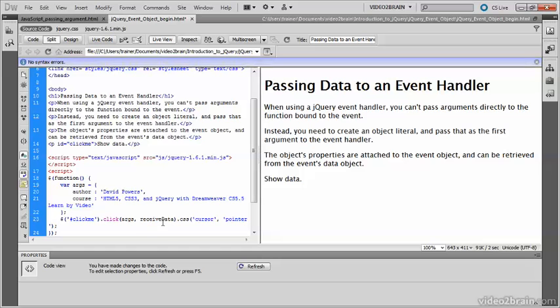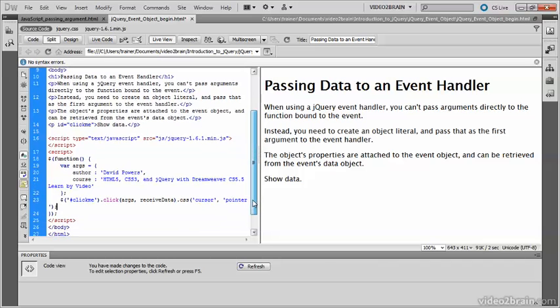Right, I now need to define the receive data function, and I'm going to define it outside the jQuery document ready handler because it isn't actually needed until somebody clicks on the paragraph. So I can put the function definition outside the handler, and I can still use jQuery because the jQuery core library has already been included at this stage. So function receiveData, and the argument I'm going to pass to receiveData is going to be the event object. So I'll just put that as the letter e,